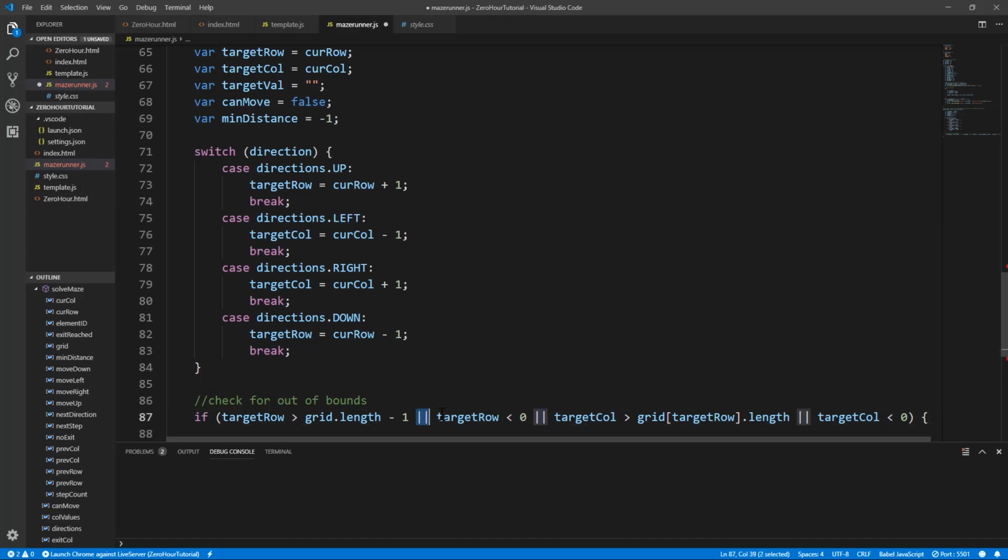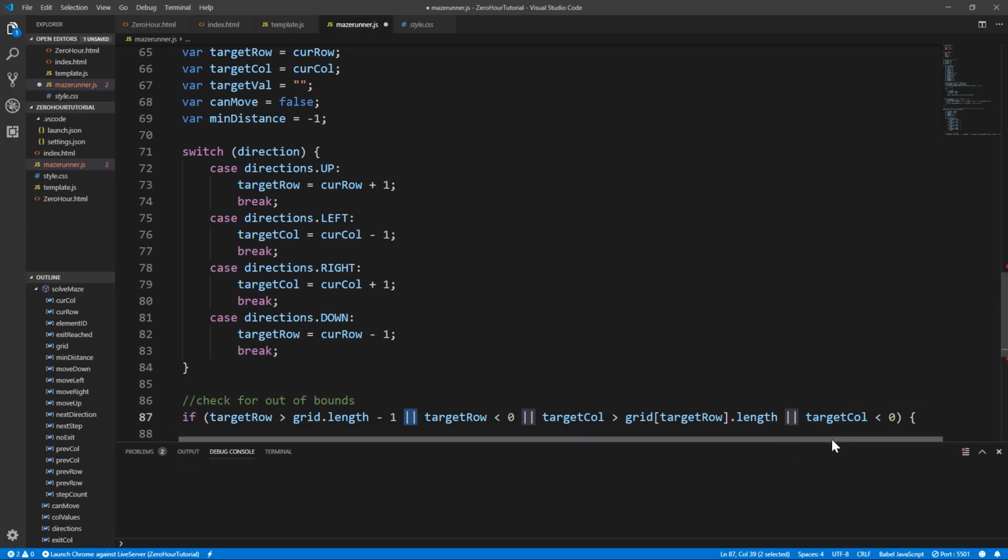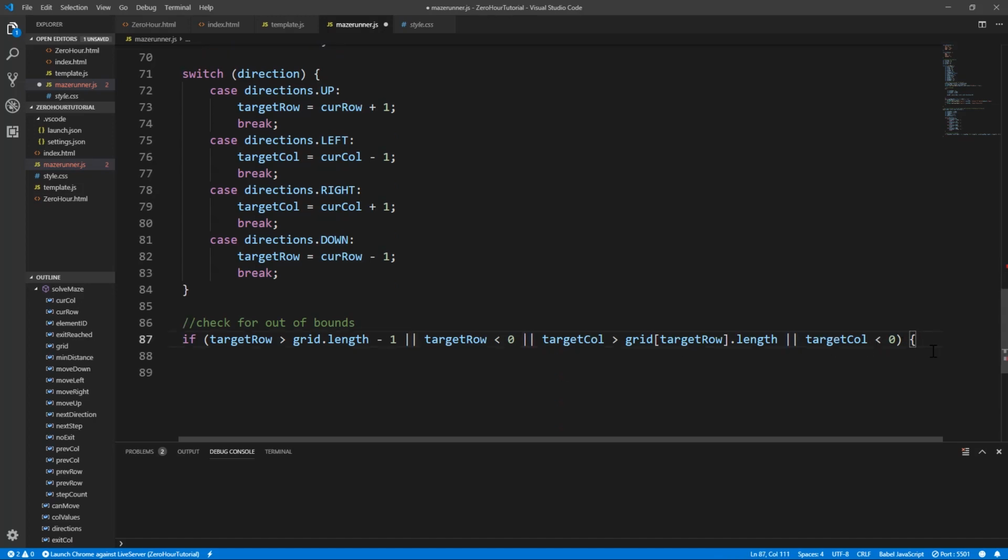Or, and that's what the double pipe is here for, target row less than 0. So if we took row from it and it's less than 0, like -1, or the target column is greater than the grid target row, which would be the current row we're in, and then look at that row inside of that to see if it's greater than the length there. Okay, so if we have 4 columns in there, we don't want it to be greater than that. And then make sure that the target column is also greater than 0, in this case, if it's less than 0. So if any of those things happen,